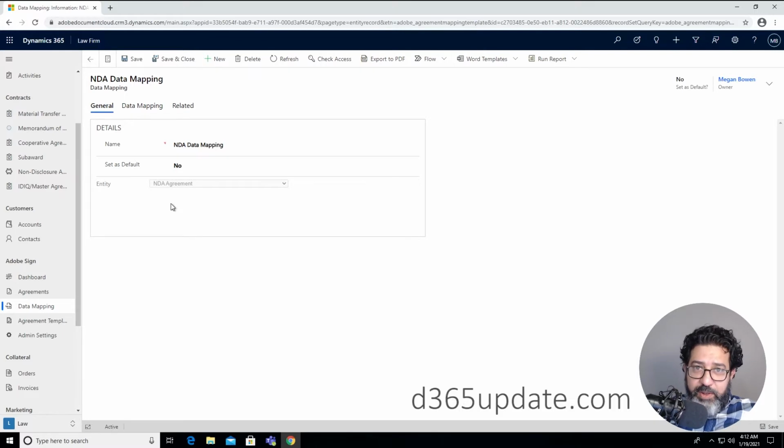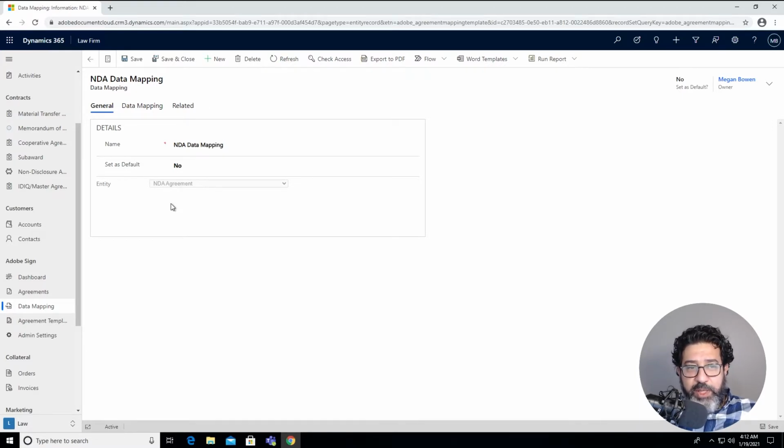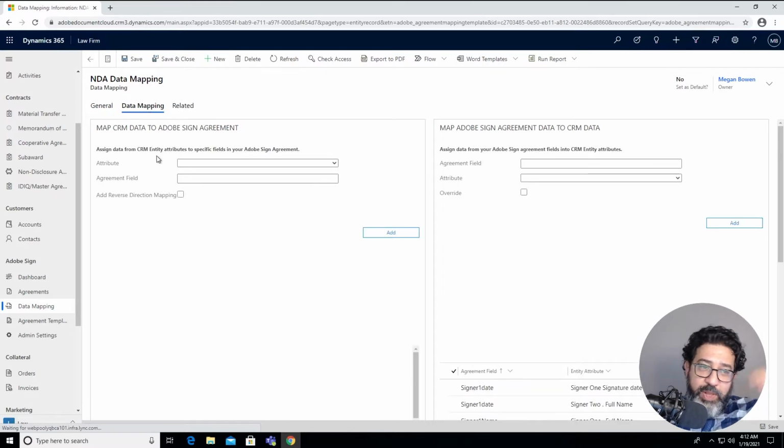And there is a post on d365update.com explaining everything about how to create the entity and the type of fields that we've collected from the document itself. Once we go to the data map, we will see that there are two ways of data map.